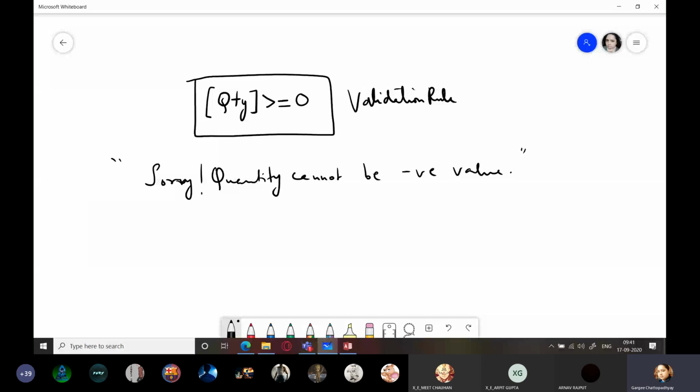Which property will I use? Think and tell me. Validation rule I have set. Using data validation, validation message. Very good.